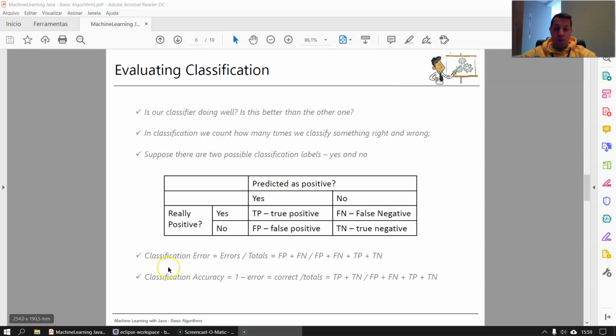And with this metric we can know the classification error, and the classification accuracy is one minus the error, okay? So we can count not the errors but the correct predictions that the algorithm made, okay? So it's very important to evaluate our classification and see if the model is a good fit to our